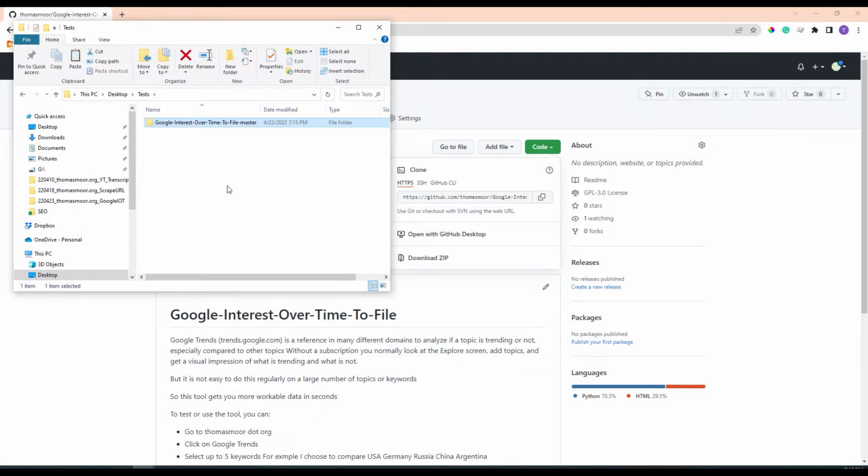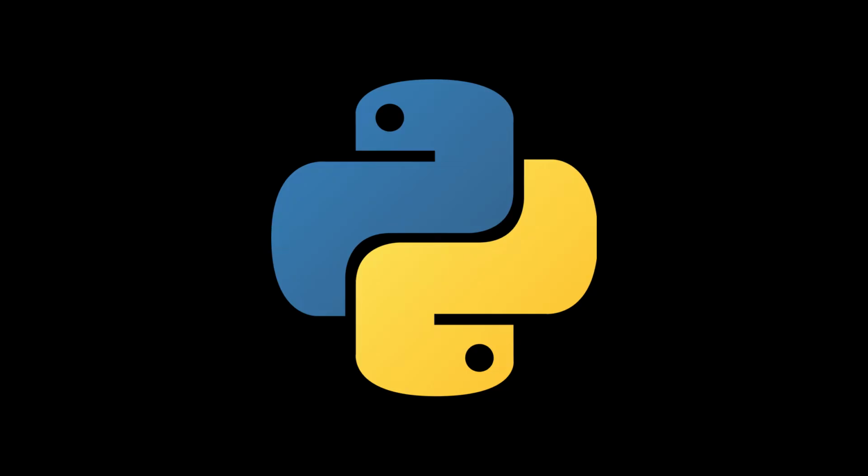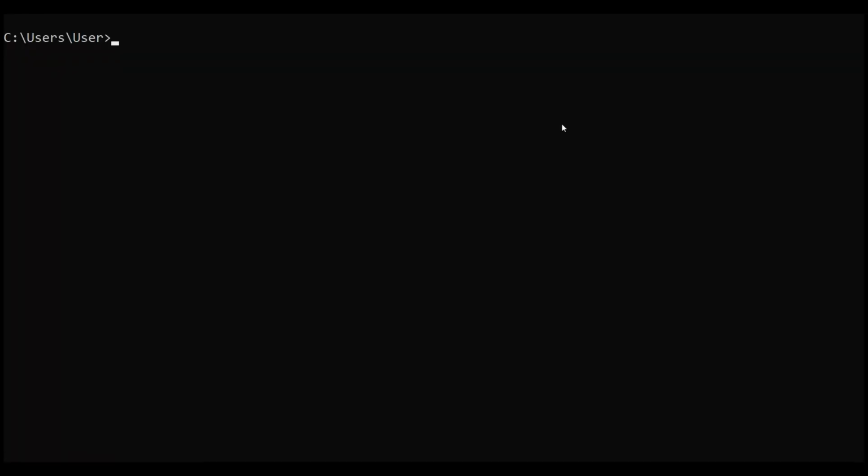The next step is to get this new program to run on your machine. For this, we need to install a few prerequisites and then launch the application. Here are the prerequisites. Main requirement is Python. If you do not have Python on your machine, follow the instruction that I will give in the description below. Then open a command prompt, go to the directory in which you copied the tool,